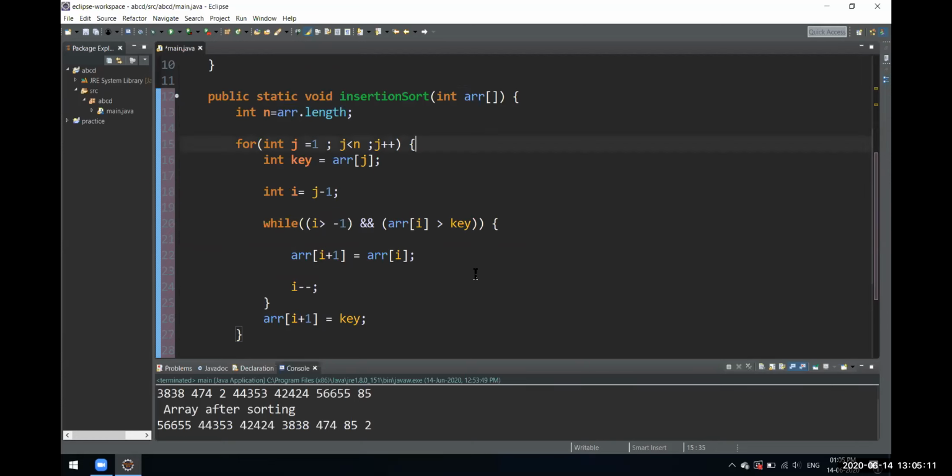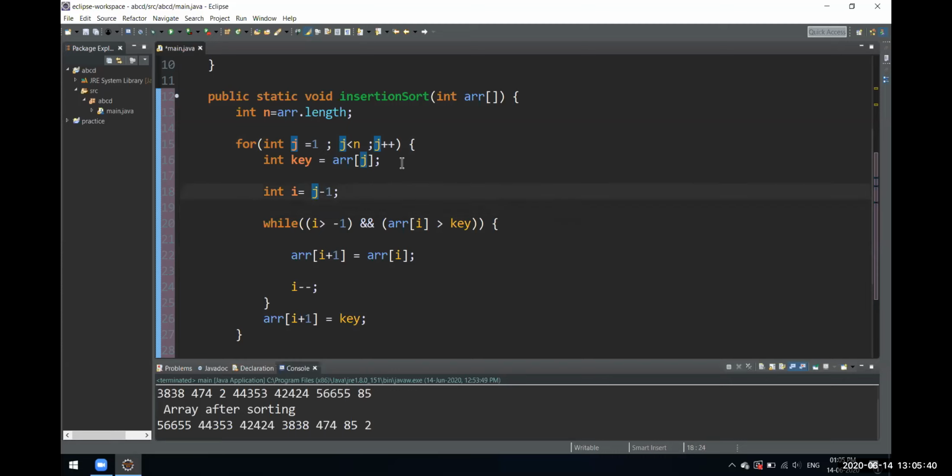What this for loop is doing is it starts from the first index of that array, and it goes until the length. So n, what is n? n is just arr dot length. I wrote a separate variable for it. I could have also specified arr dot length over here, that could have also worked, but it looks a little cleaner if you write it separately. That's why I wrote it separately.